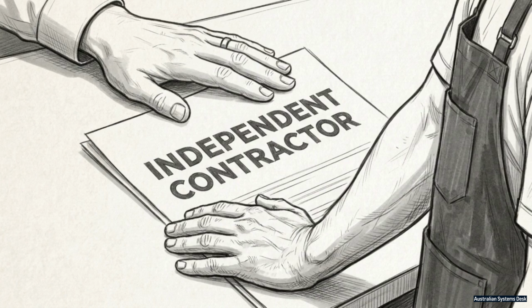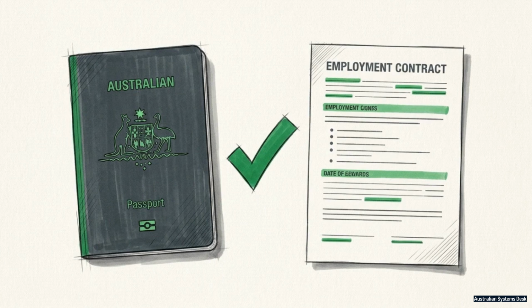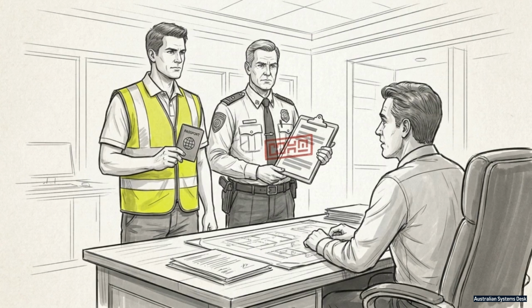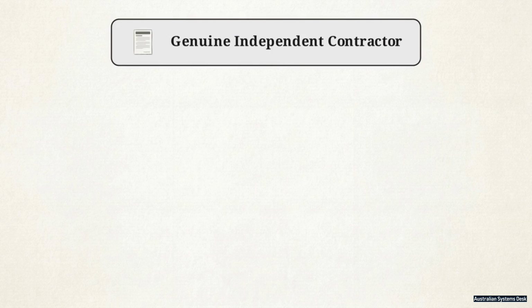When a business knowingly misclassifies an employee as a contractor to avoid payroll obligations, it is engaging in sham contracting. This unlawful practice is frequently used to avoid paying minimum rates and entitlements. Migrant workers and temporary visa holders have the exact same workplace rights as Australian citizens. An employer cannot remove your entitlements, and they do not have the legal authority to cancel your visa under any circumstances. This flowchart illustrates an important exception under tax law.